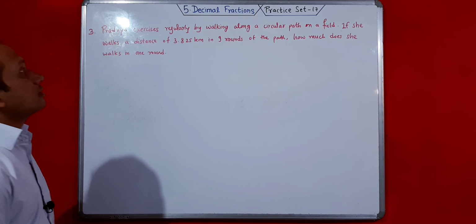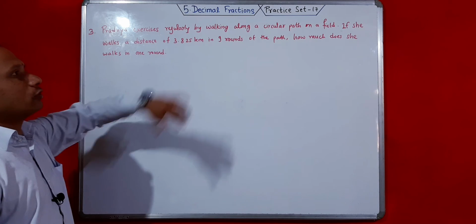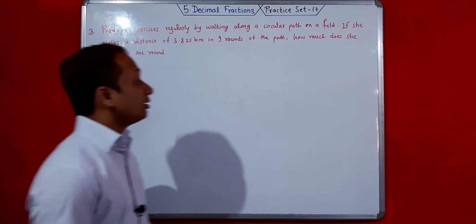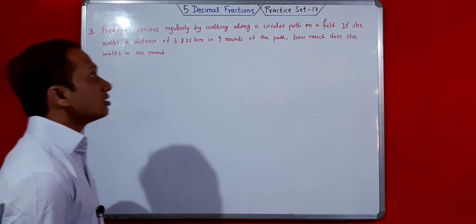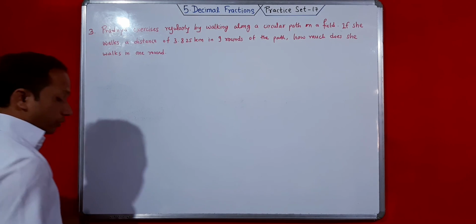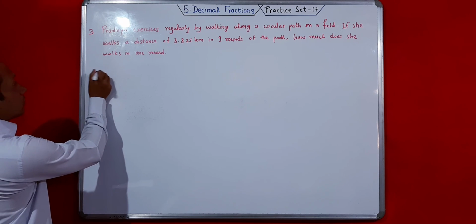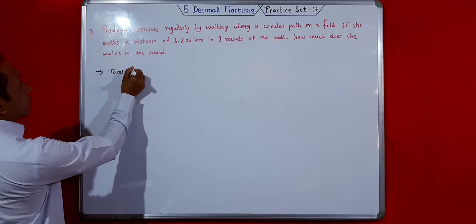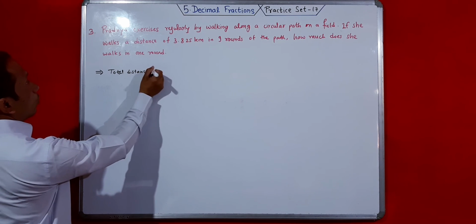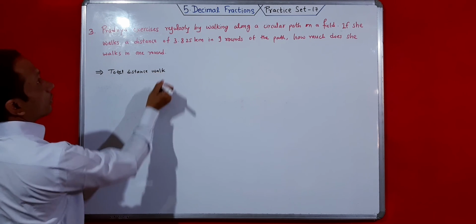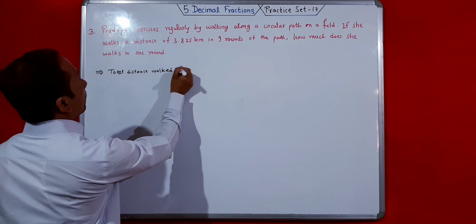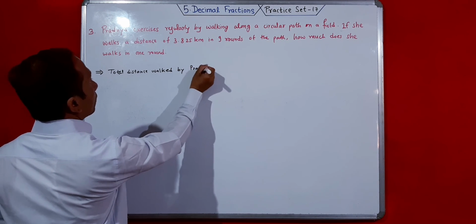Pradnya exercises regularly by walking along a circular path on a field. If she walks a distance of 3.825 kilometers in 9 rounds of the path, how much does she walk in 1 round? We have to find that. So the total distance walked by Pradnya